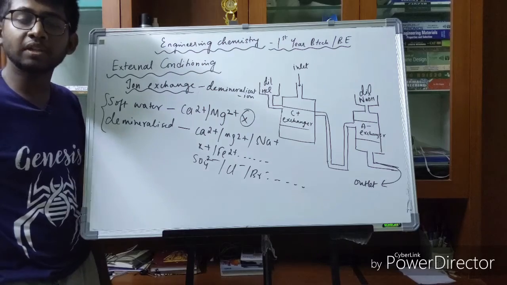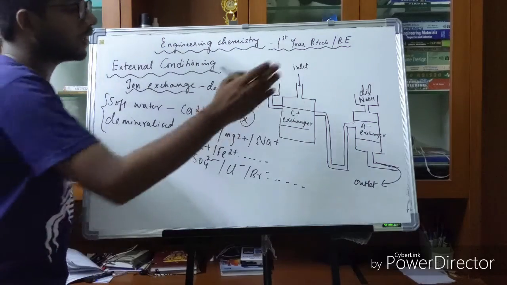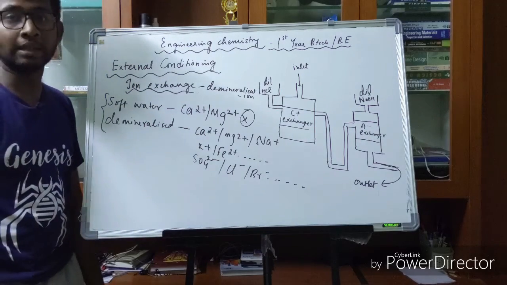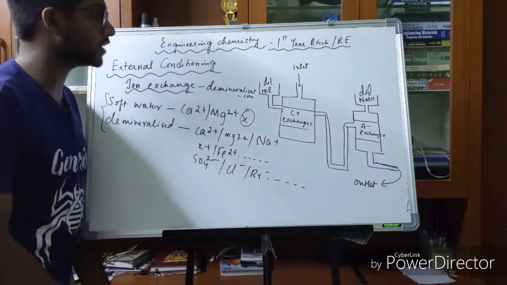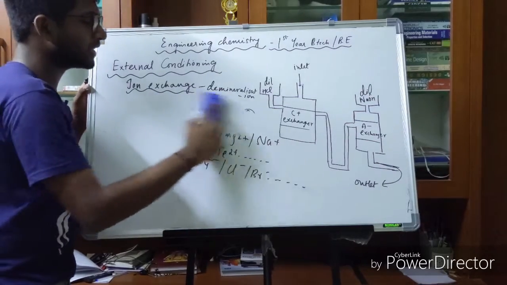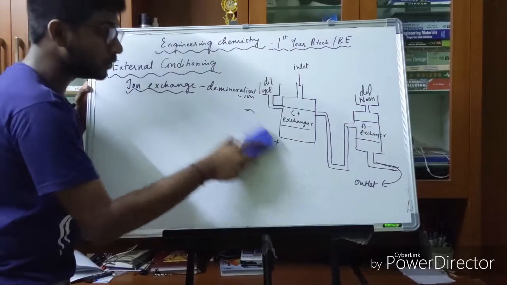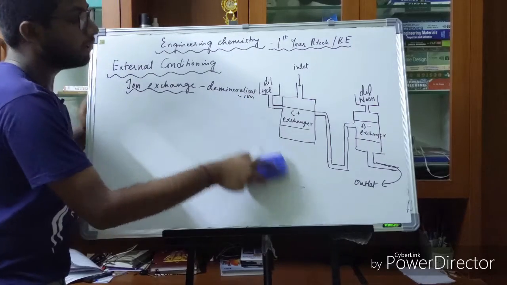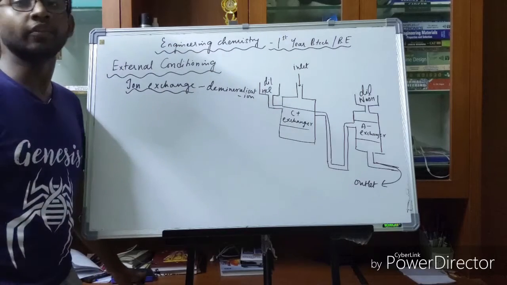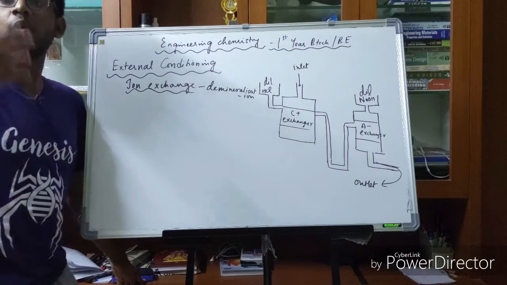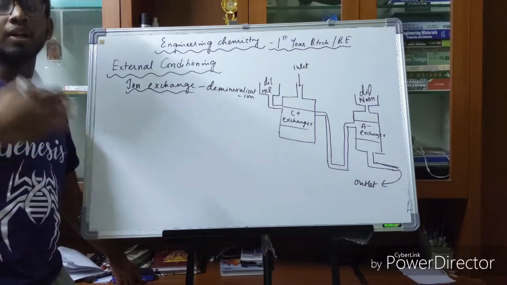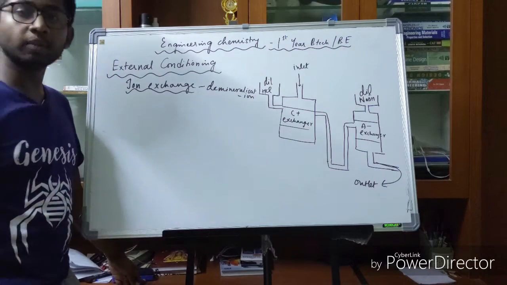The ion exchange process has a setup which involves a cation exchanger and an anion exchanger as well. Apart from this, let's discuss how the resins are represented, because a cation exchanger will have cation resins and an anion exchanger will have anion resins. Let's discuss how anion resins and cation resins are represented, what their main aim is, what the examples are, and then we'll go to the process.